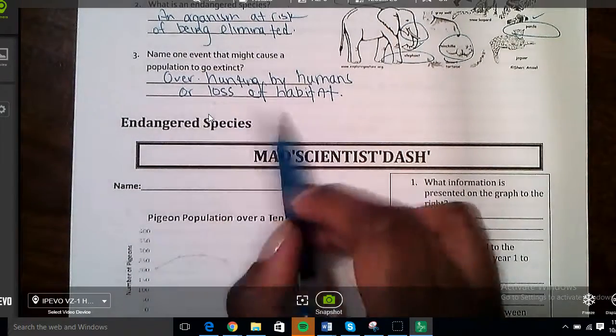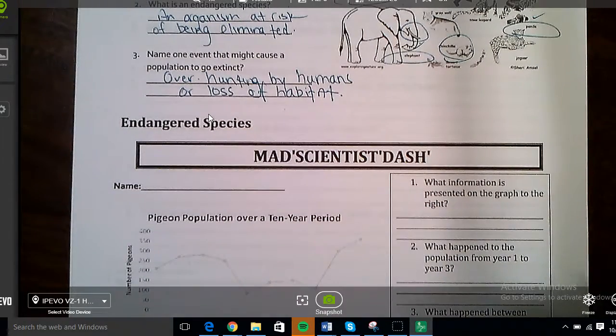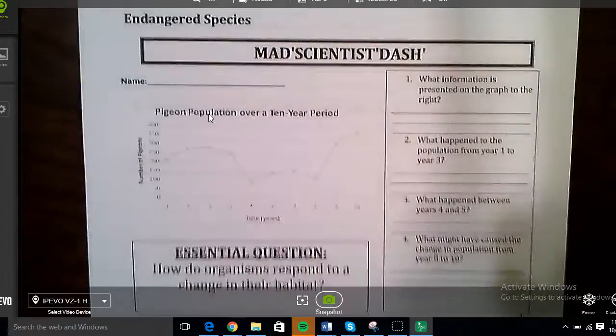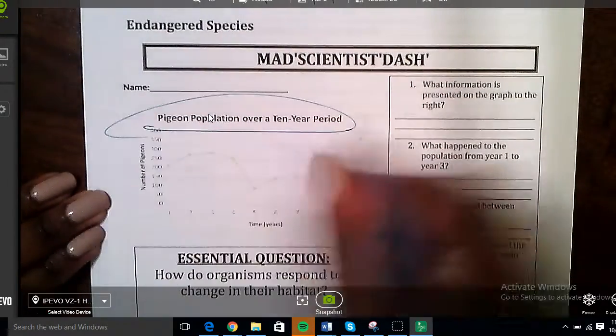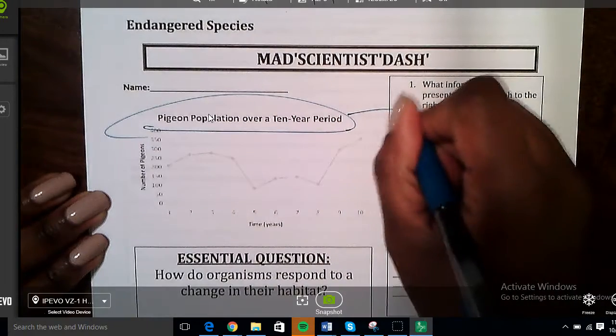Or if organisms have a loss of habitat, which means that their habitat is being destroyed. Take a look at the bottom. It says what information is presented on the graph to the right. That information is here. So we see the pigeon population